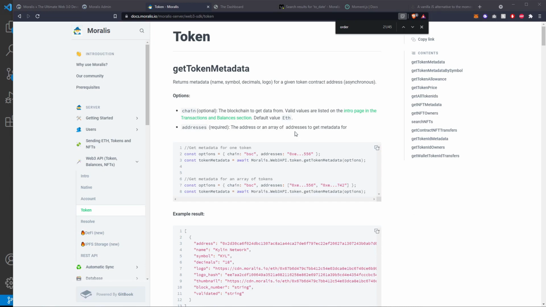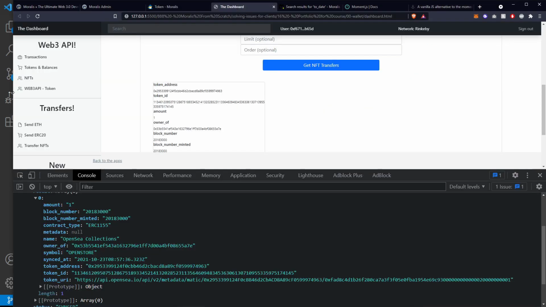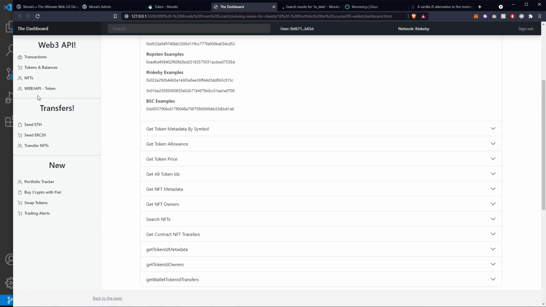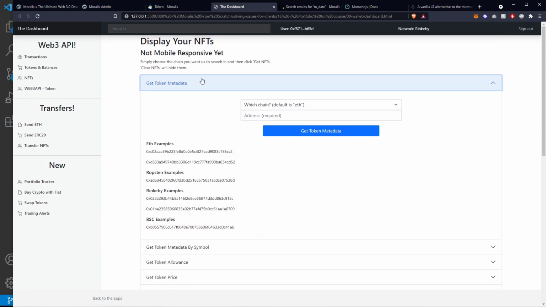Okay, token. So there are quite a lot of endpoints in here, and I'd imagine that there will be more that are added to all of this Web3 API section as time goes by. But we'll go through each one of these, and again, I've built them into this application over here. Let's just close the console, move over to our Web3 API token, and I've just put them into an accordion of sorts, just so we can see, and then built some examples that we can go and find